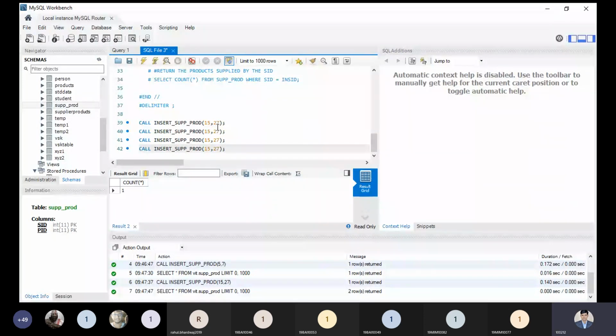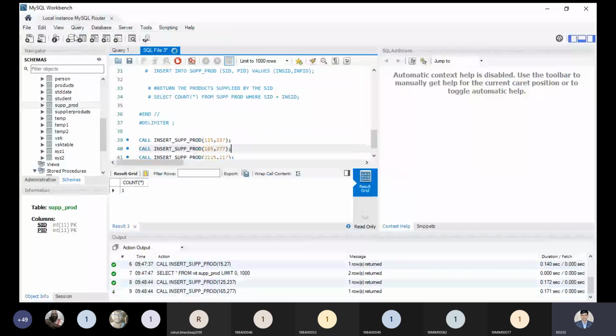Now see, I'm updating some values like this one and like this one. How many supply IDs and production IDs am I inserting? 4. So let me execute this code once again.